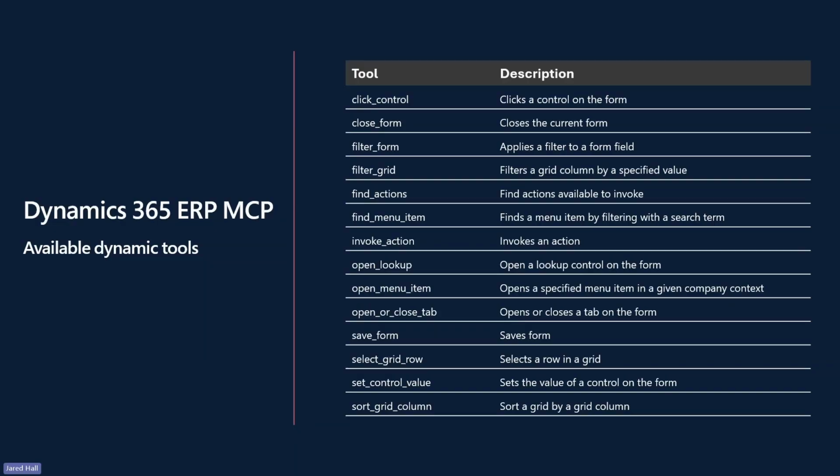So if we ask it to, for example, look up a customer balance, rather than having to write code specifically that surfaces that information and calling that code, we can have the agent find the customer form, open the customer form, click calculate customer balance, and return that response back. So with this list of 20 tools,